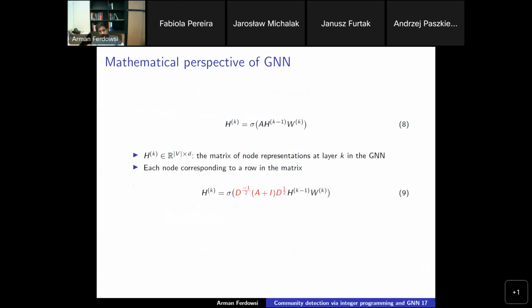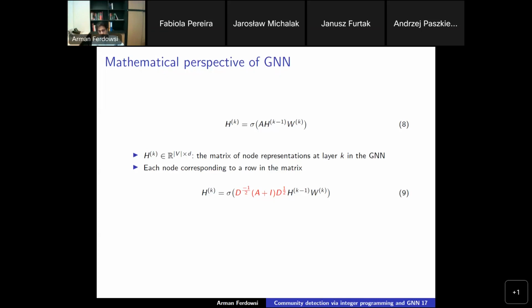However, despite the straightforward intuition behind the update procedure, two limitations are considerably notable. The first one is the non-consideration of the attributes of each node itself. This is crucial since the effectiveness of GNN becomes severely limited as the information coming from the node's neighbors cannot be differentiated from the information propagated from the node itself. This restriction originates from the fact that self-loops are not taken into account in the adjacency matrix A. The problem, however, can be easily resolved by substituting A with A plus the identity matrix I, which lets the